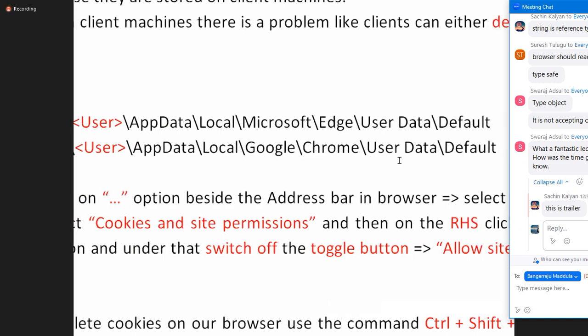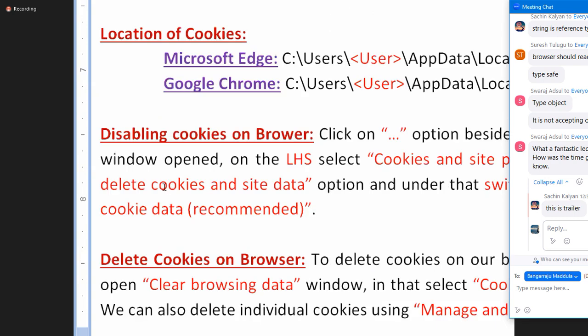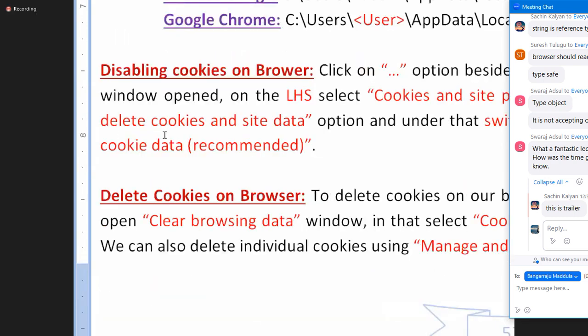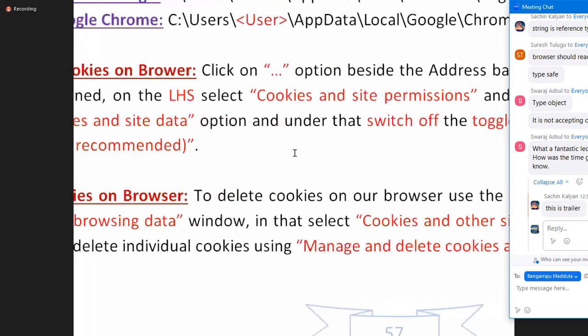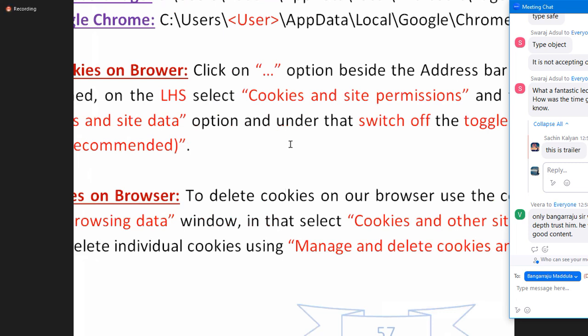If you want, you can find them there. You can select and delete the cookie. You'll find a cookie file and you can delete it. Without deleting from the address bar, without opening the browser, we can delete it from the hard disk also. Okay? And this is how to disable the cookies. You'll have an option: Cookies and site permissions. Go there and you can switch off the toggle button, not a regular button, a toggle button. You'll find an on and off button. And next,